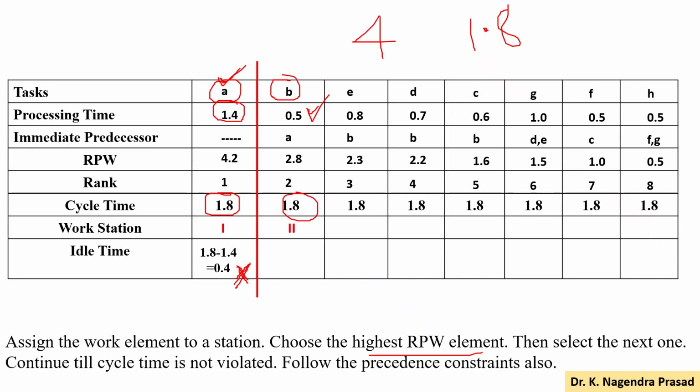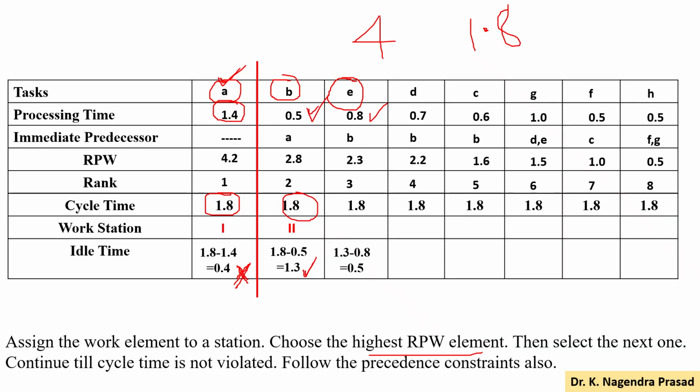After assigning the task B in the second workstation, idle time will become 1.8 minus 0.5, that is 1.3. So next we have to move to the next highest RPW task, that is the task E. For the task E, processing time is 0.8 and availability time is 1.3. So we can add the task E in the second workstation. Then after adding the task E, idle time will become 1.3 minus 0.8,